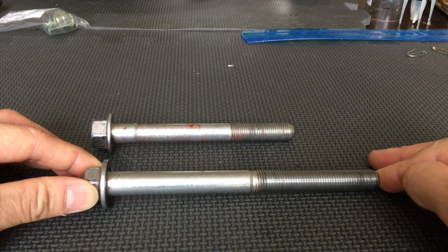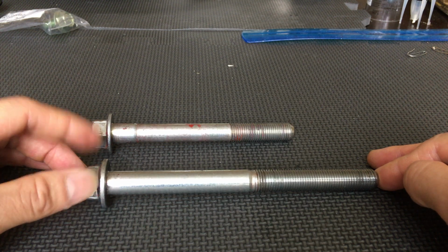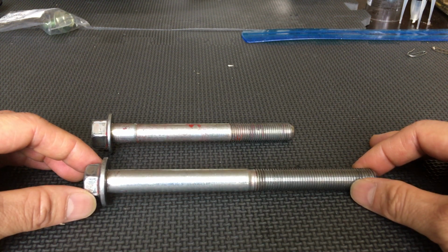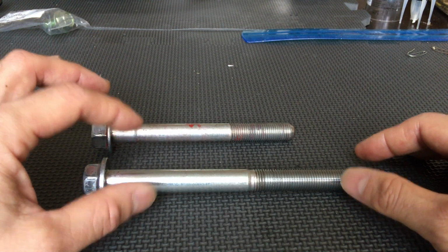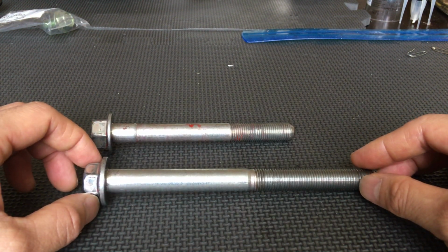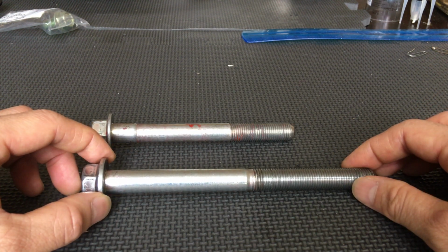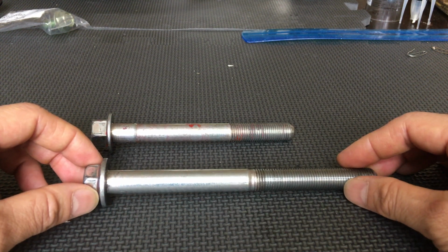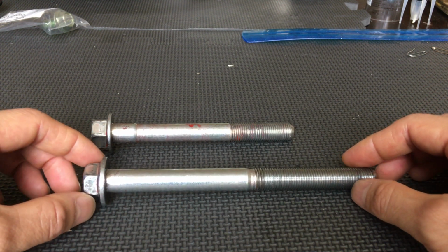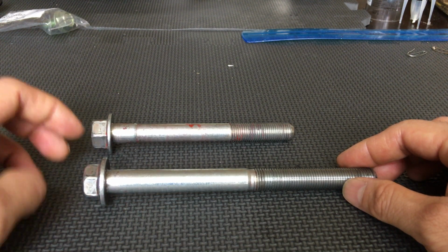Also, I think having a longer subframe bolt helps with the elongation of the subframe bolt. I think definitely the wider it is, and I believe the longer it is also, there's less elongation when the bolt is under stress. I'm not sure if that helps when you're clamping it down for tightening, but another thing that I saw was